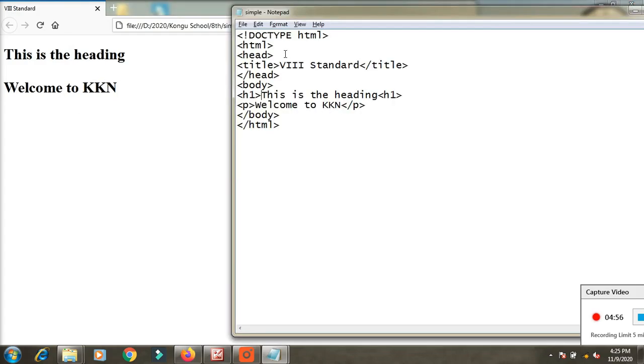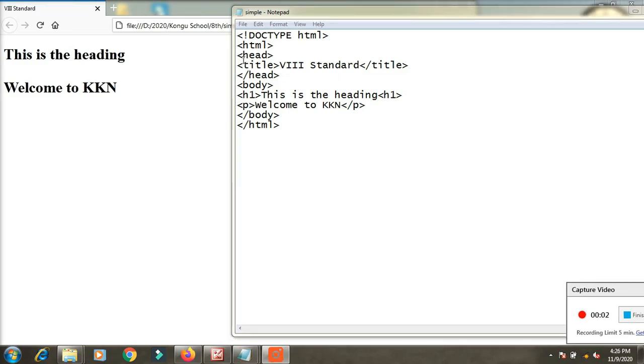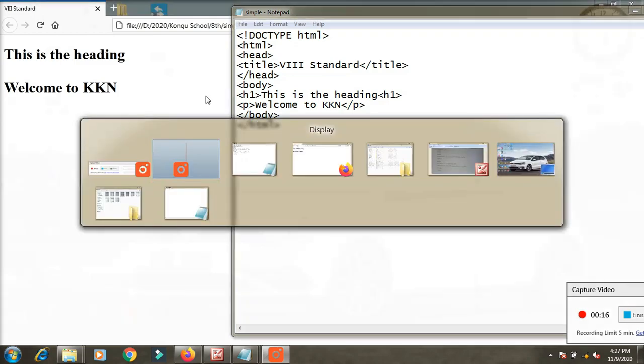Did you understand? Inside the head I gave the title, and what we entered there will affect the tab. The heading appears here, and the content, which is like a paragraph, will affect there. Understood?